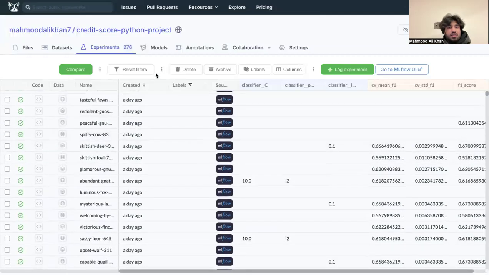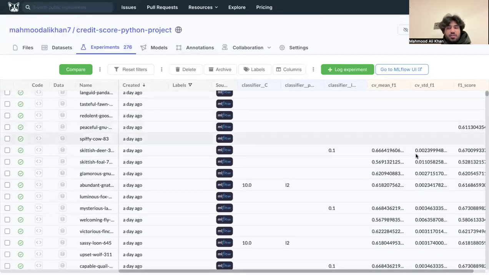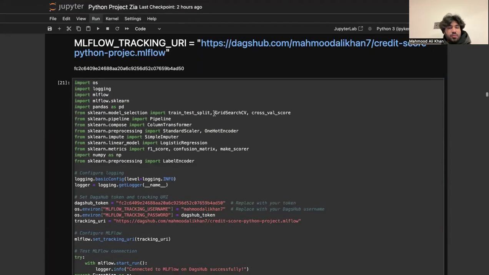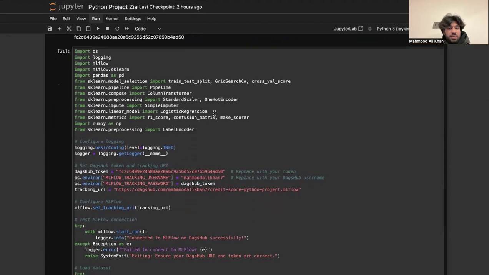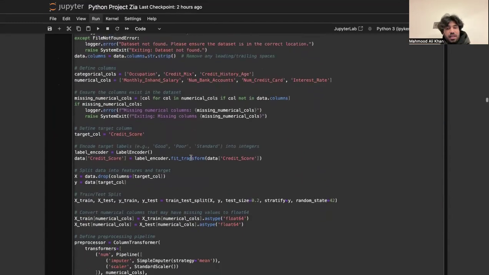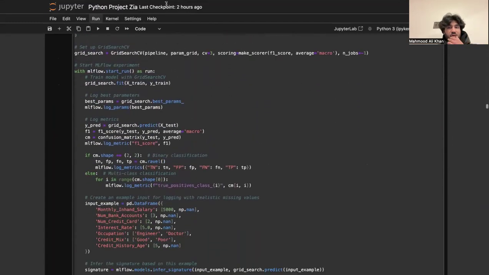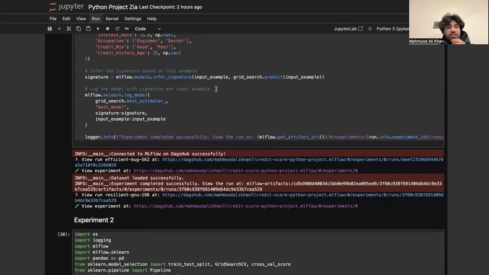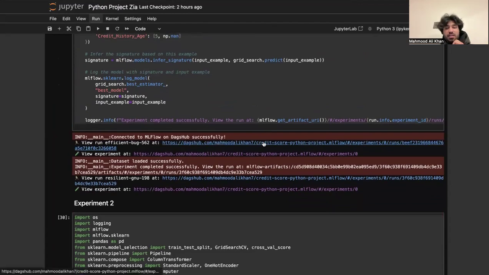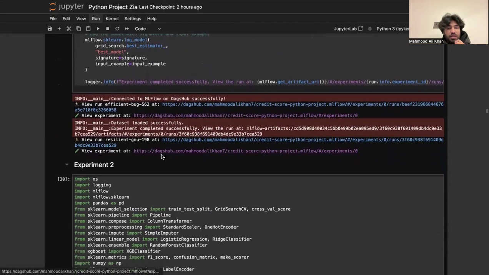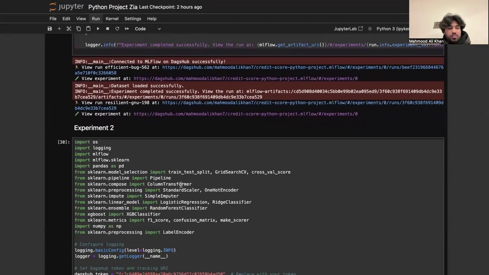Okay, here it is. So these are all the experiments, and these are all the results. When you click on these, you'll be able to see what I've done. We start off with the first experiment, and then we keep moving on further and further, and each experiment's results will be loaded into the DAGsHub profile. When we run this code, here comes the DAGsHub link, and we automatically load it into the DAGsHub repository. And then comes experiment 2,